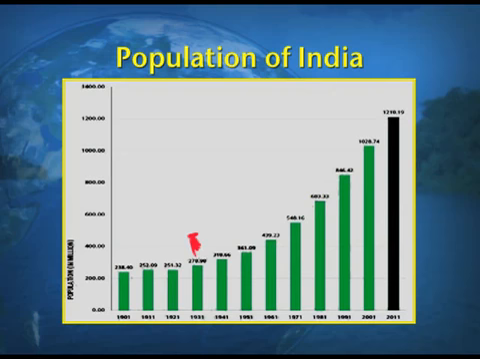Next, 1931 with the population of 278 million. In 1941 the population rose to 318 million. Now, you see there is a gradual increase in the population. In 1951, the population rose to 361 million. In 1961, it rose to 439 million, followed by 1971 with the population count of 548 million. 1981, 683 million, 1991, 846 million,